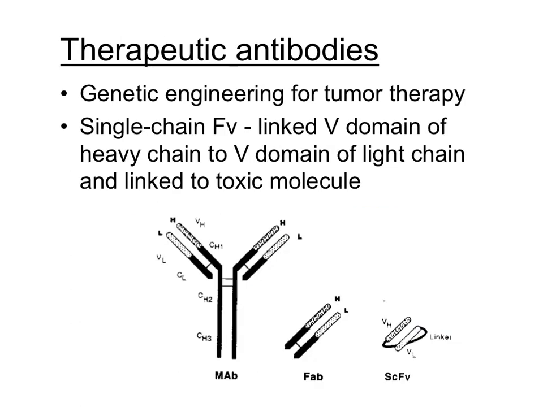You know, antibodies are so important in so many different places in your immune system. The idea to genetically engineer antibodies for therapy has been going on for maybe 10 to 15 years, and this is probably old school now, but they were trying to make something called a single chain FV, which is basically, you know, the variable fragments. And instead of having to make two different proteins, instead of having to make the heavy and the light chain, what they tried to do was they took